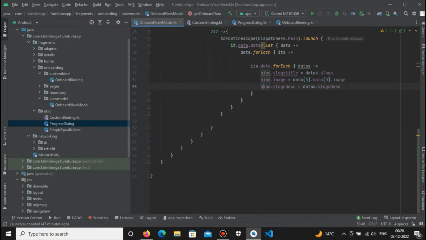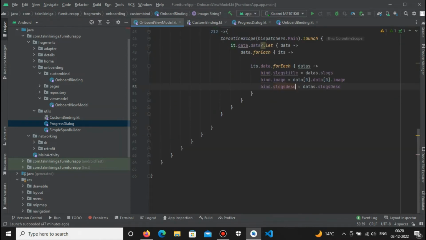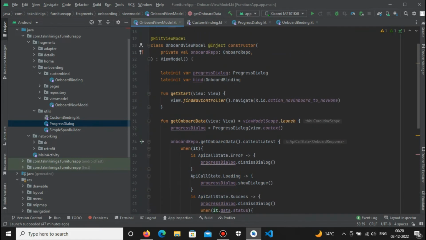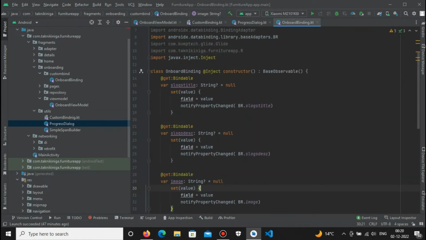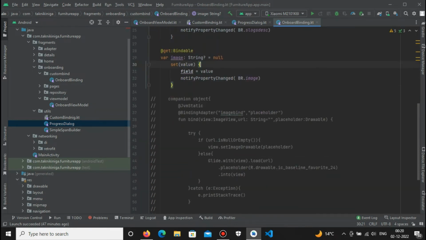Okay, and after that I need to bind my slogans description, so I bind that slogans description with the data. Means I got the slogan description, and I bind that description with my binding description, with this parameter. Okay, after that, as you know, we are already observing the data from this class